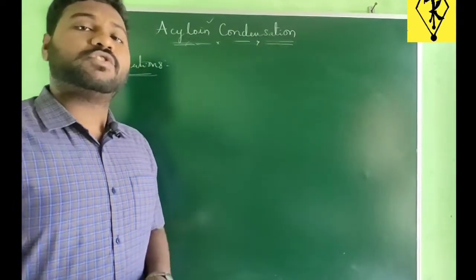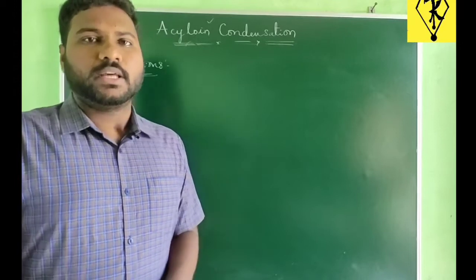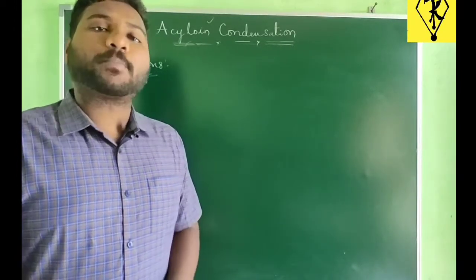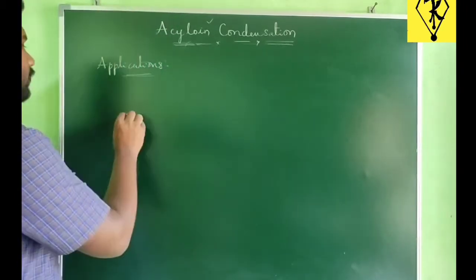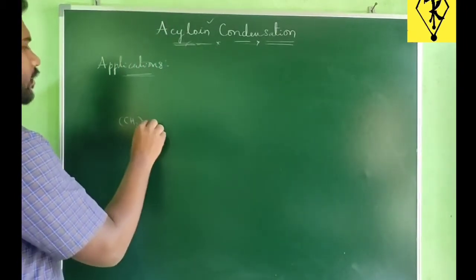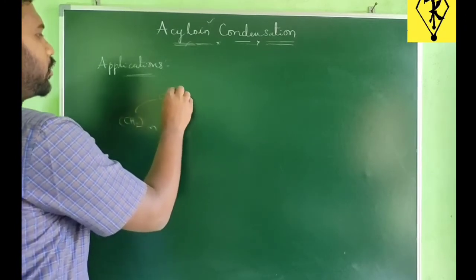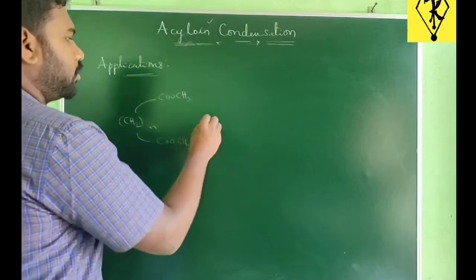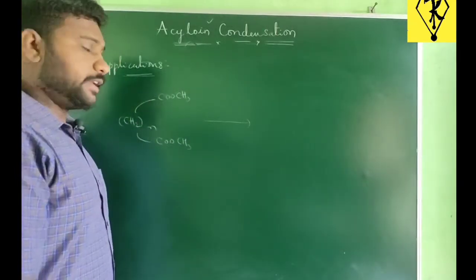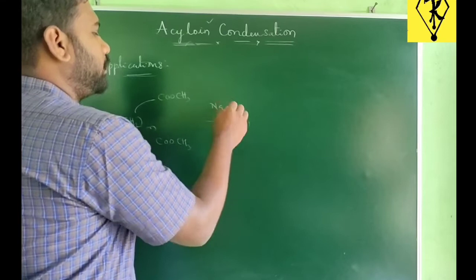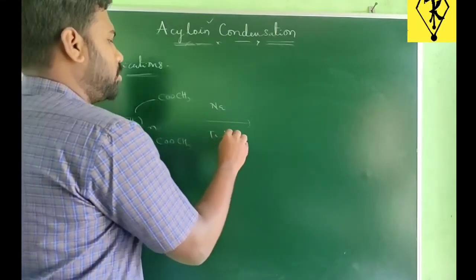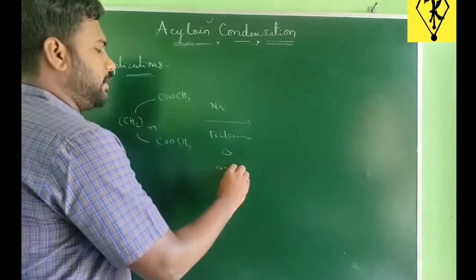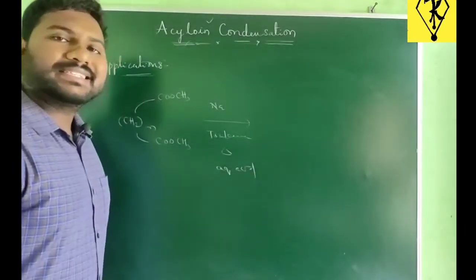Even this reaction is very useful to prepare cyclic acetylones. This is possible when we are having two ester groups in an appropriate substrate. The molecule which is having two ester groups, these molecules further on reacting with sodium and same conditions, toluene on heating, and at the end we need to add some aqueous acid.